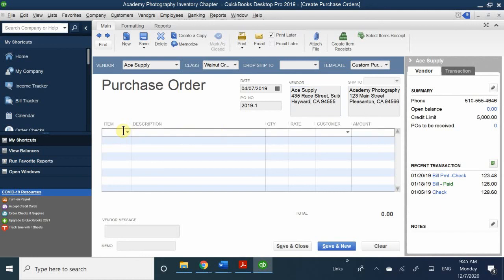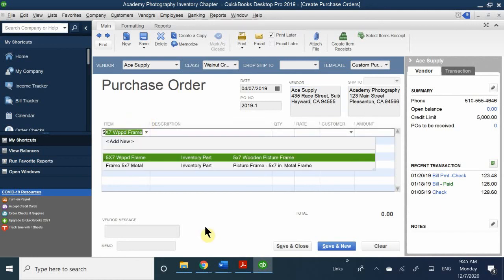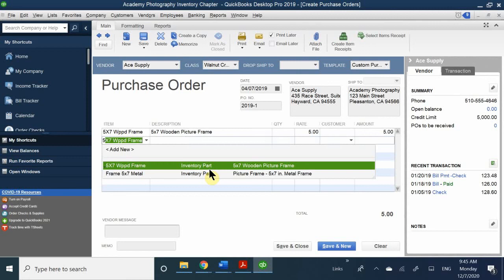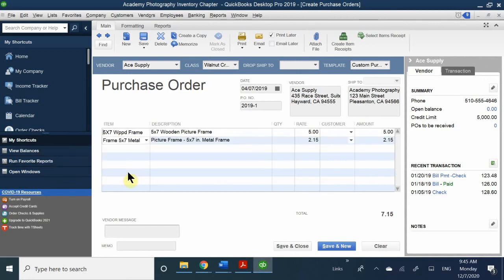And now it's going to be for the items that you want to actually purchase. So in this case, I want to purchase a 5x7 wood frame. Oh, wow, I misspelled that. That's going to annoy me. I'll fix it right now, actually. Okay. Then we want also a 5x7 metal frame. Okay. So as you can see, it's already been